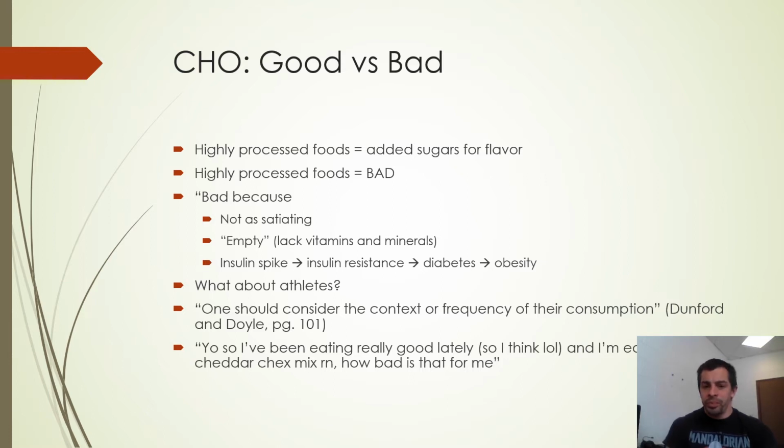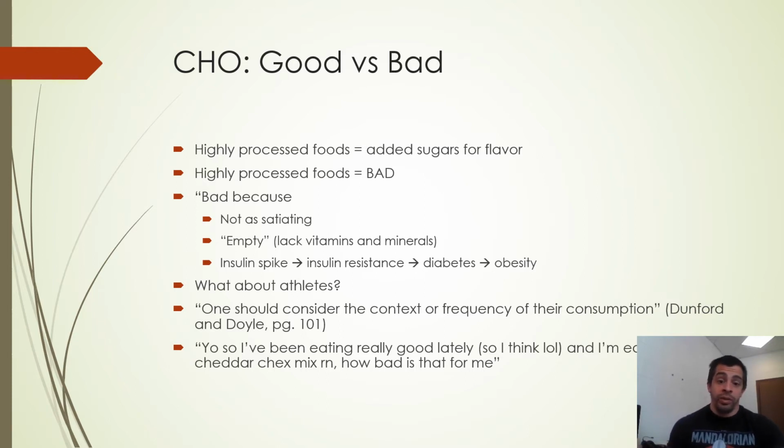consumption. Processed foods aren't terrible for you. You can eat them, right? But the frequency and the total amount is really what matters. So what I said to him was, the general rule of thumb is that an 80-20 is a strong rule of thumb, where if you're eating 80% of your foods from relatively good sources instead of something processed like cheddar Chex Mix, you're probably pretty good and you don't have to worry about it and definitely don't have to stress about it. He works out 4 times a week.